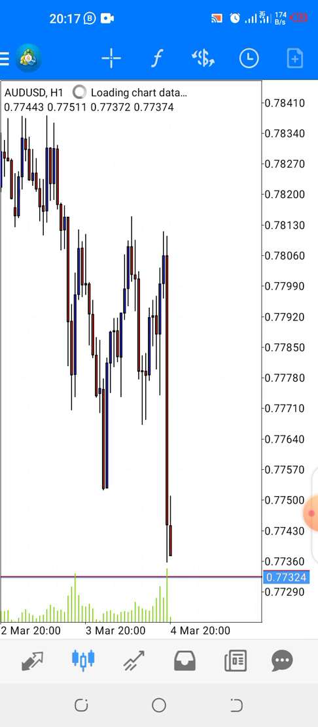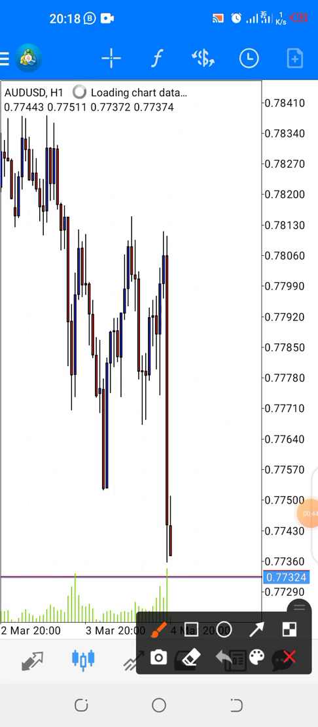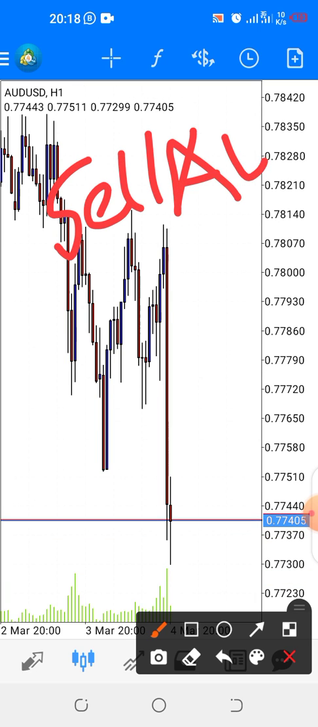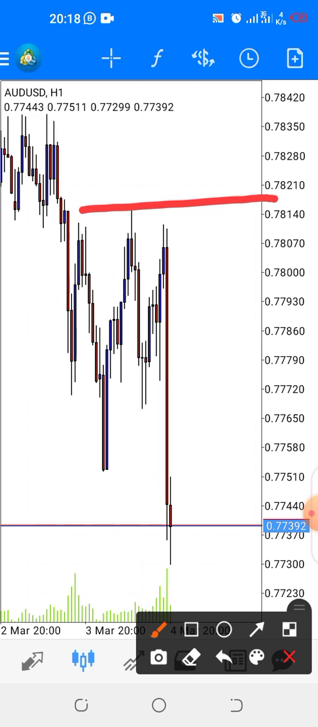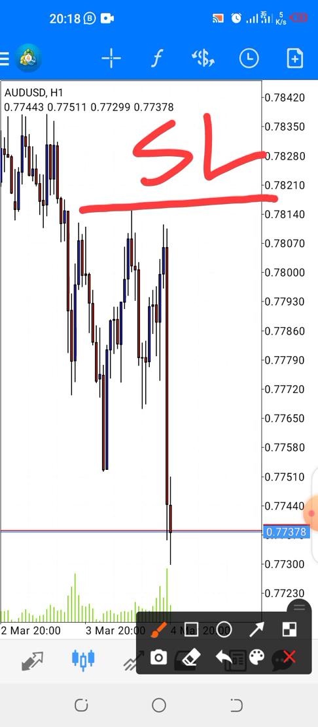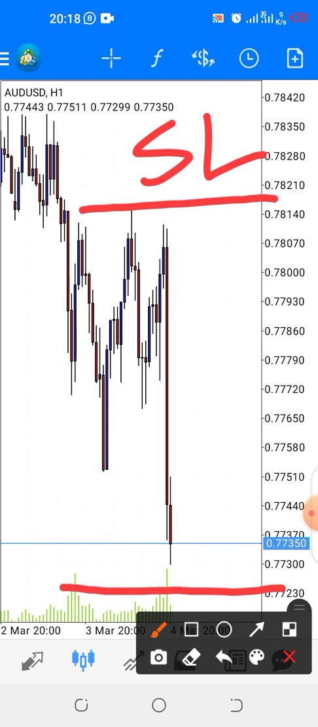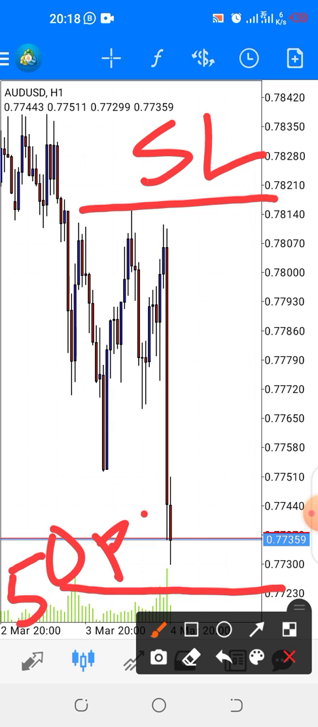So let's assume, let's just take this random pair, AUDUSD, Aussie dollar, and let's assume I send a signal and I say sell the AU, okay, and I set my stop loss around that level, and I say the TP is somewhere way below here, maybe about 50 pips. Okay,